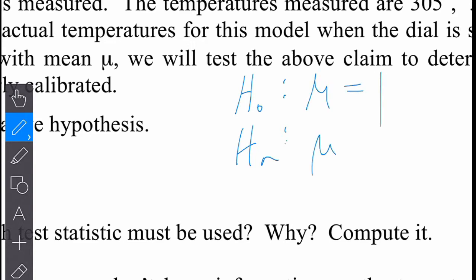Whatever number we put here has to carry to here. It has to be in both places. What we're saying is that it advertises that it's calibrated at 300, so it's 300. And we are suspicious that it's actually